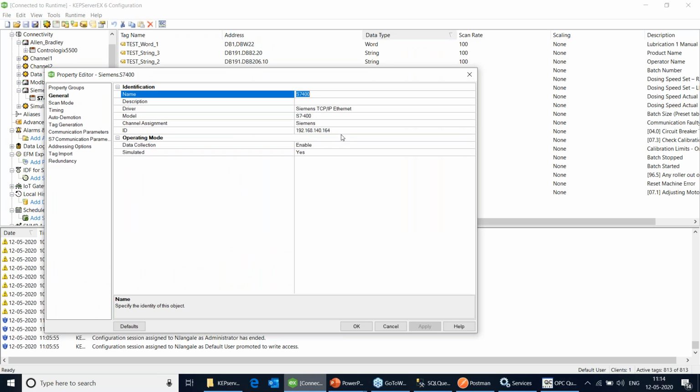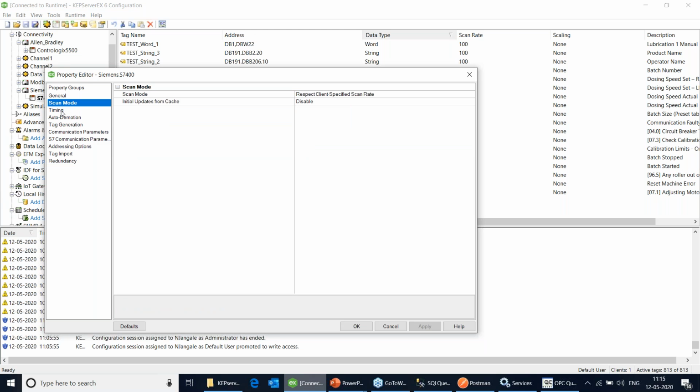Like in this case, we need to only specify the IP address. There is no need to specify the CPU ID. That has to be specified at communication parameter level. And obviously scan mode, timings, or even auto demotion, those settings are similar. And tag generation,